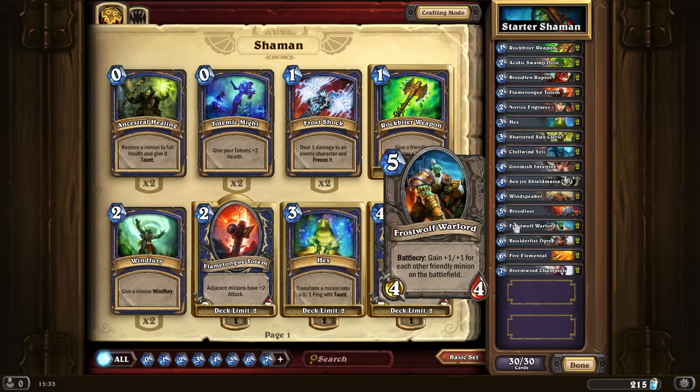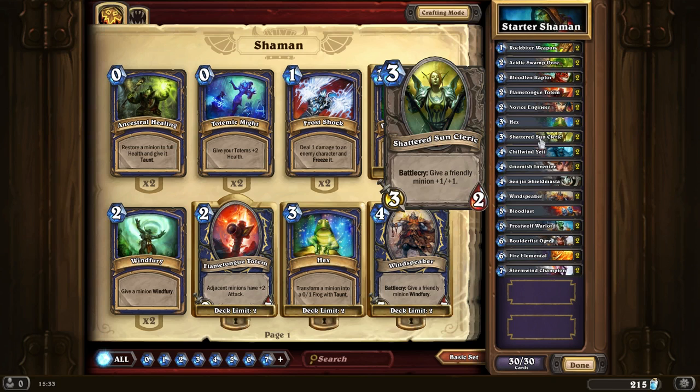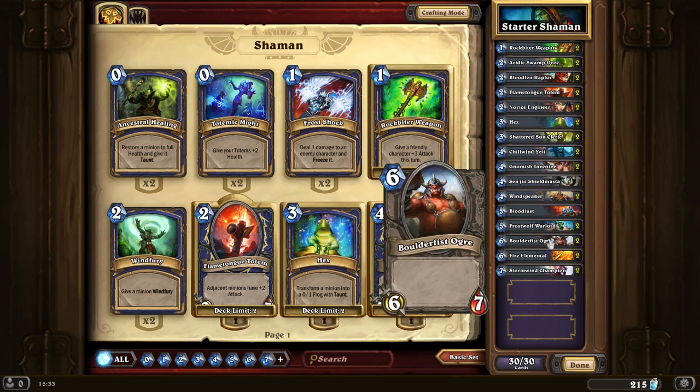That being said, Bloodlust can synergize very well if you do have a lead. You've maybe not got a full board, but you've got a good handful of creatures out there. You can drop Bloodlust and do a surprising amount of damage. Again, that can synergize well with Shattered Sun Cleric. Play your cards right, badoom tish, and you could end up